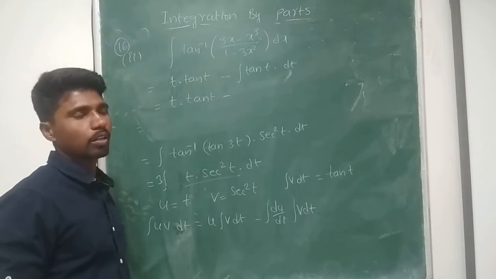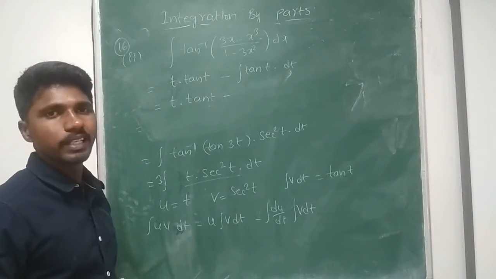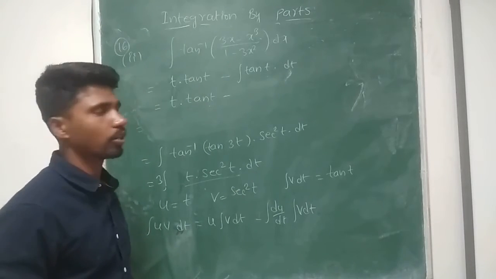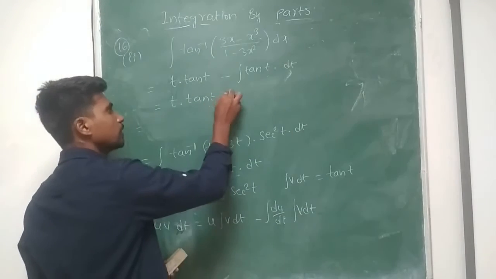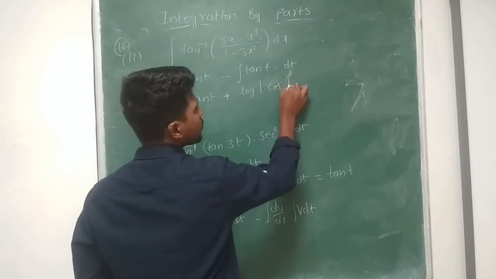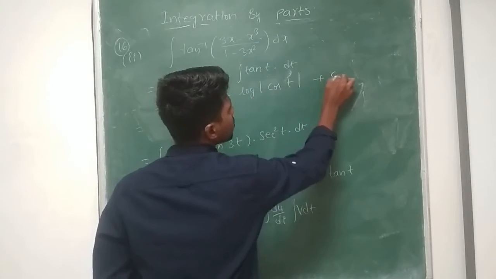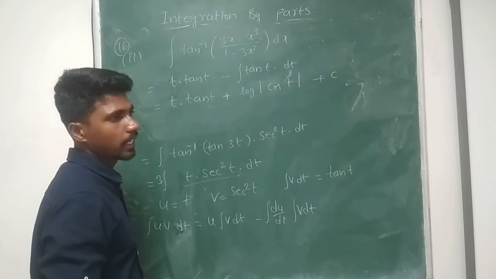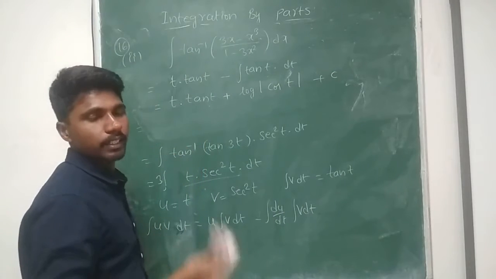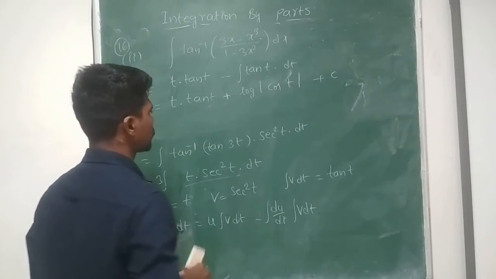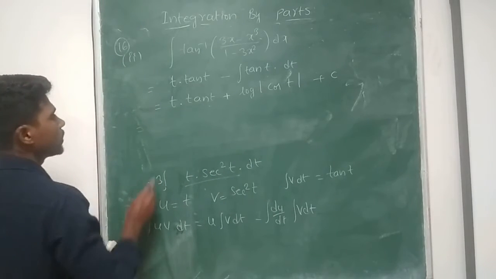So if I simplify, I get t tan t minus the integral of tan t, which can be written as log modulus of secant t, otherwise minus log modulus of cos t. If I use the second one, this becomes plus log modulus of cos t plus a constant c. Now replace the value of t. I consider x as tan t, so t can be written as tan inverse x. So replace t by tan inverse x.